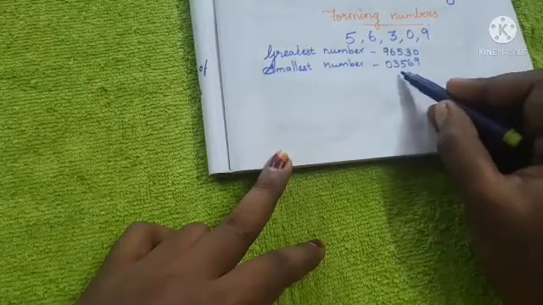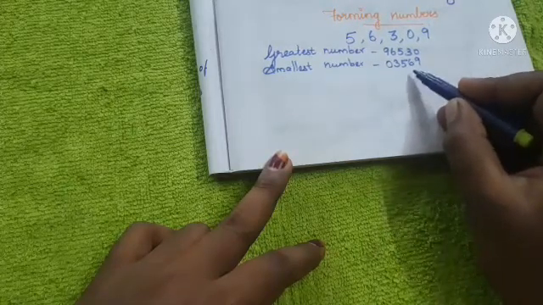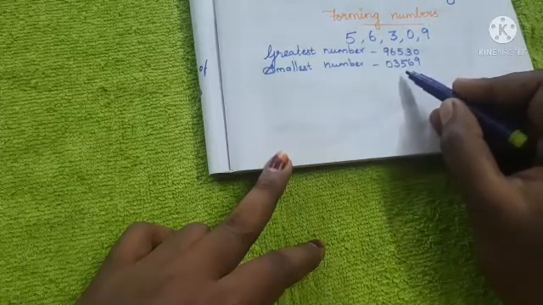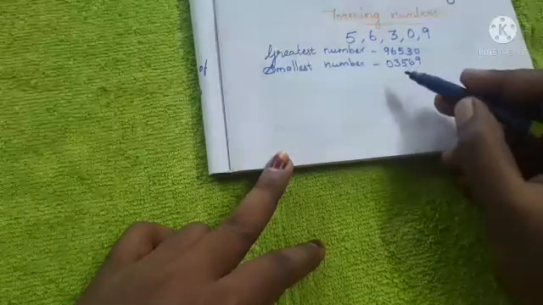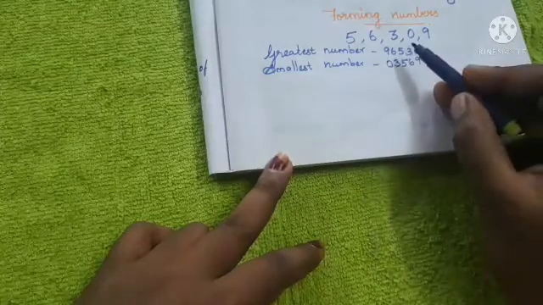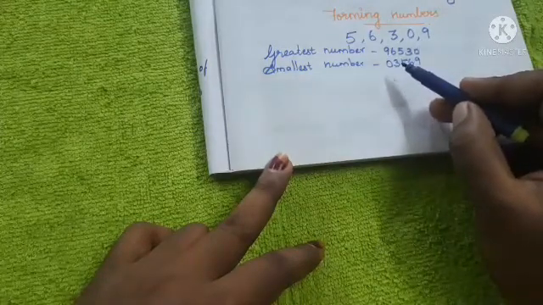So the remaining 4 digits only. It's not a 5 digit number. Okay, so here we have formed only the 4 digit number. So what you have to do is, whenever you have a 0 and they ask you to find the smallest number,